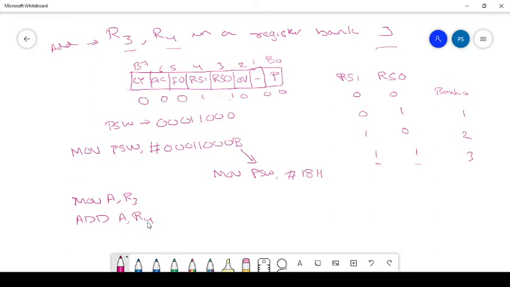It adds the contents of R4 in register bank 3 with the contents of the accumulator, which already holds the content of R3, and the result will be stored in the accumulator. So like that we can perform this instruction. This is the example of the first addressing mode, which is the register addressing mode.